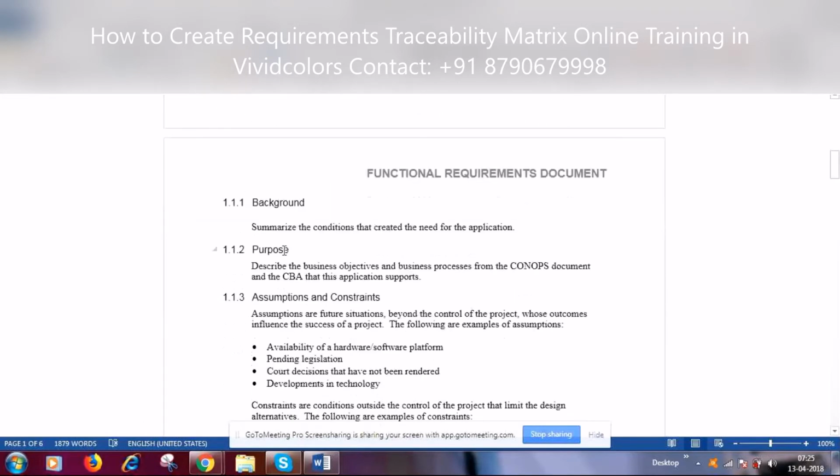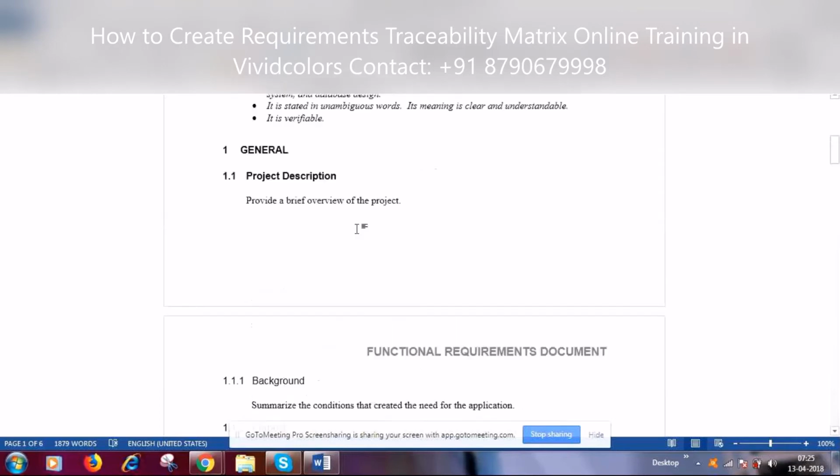Then the background. Yesterday when we discussed BRD, we had similar topics, right? Okay. So either they will go with any one of the documents. All these days, in the traditional flow or the waterfall model, they have been using multiple documents for reference.